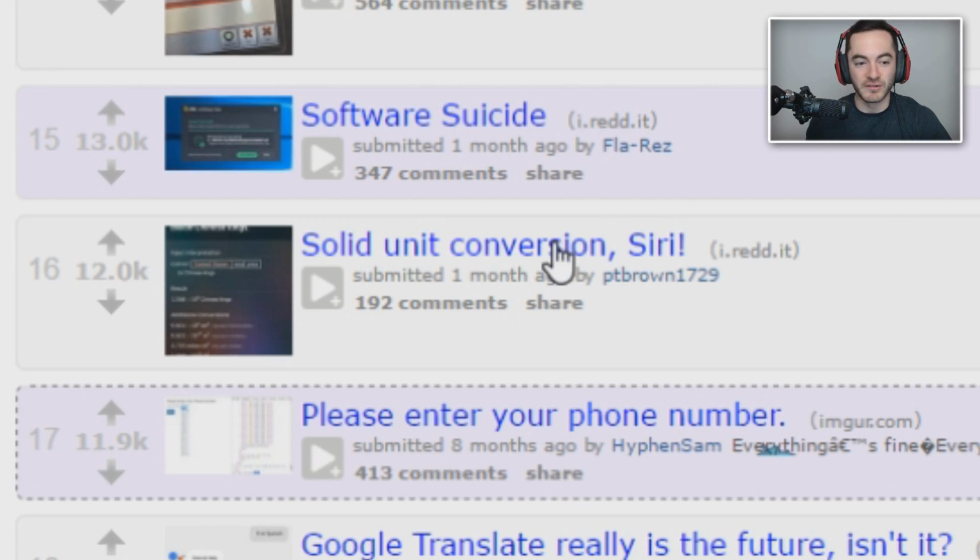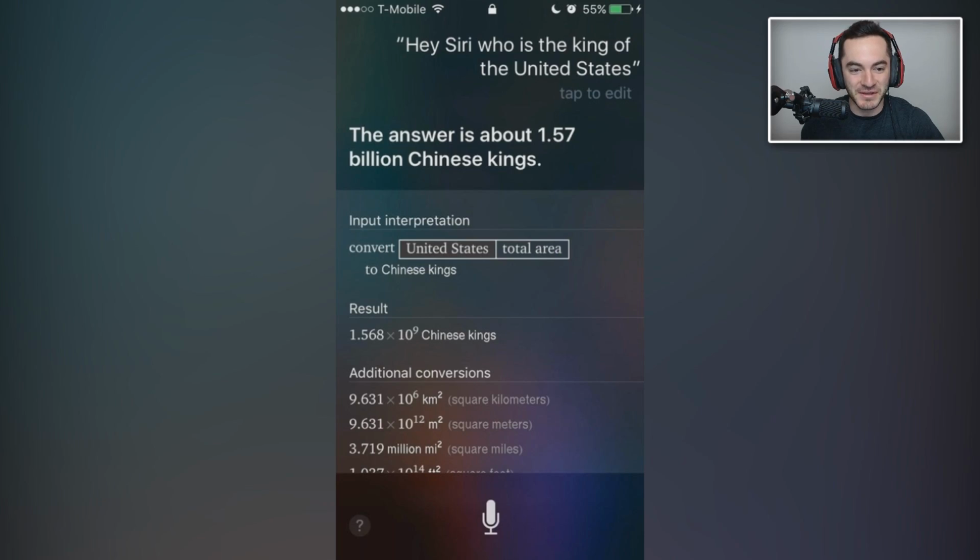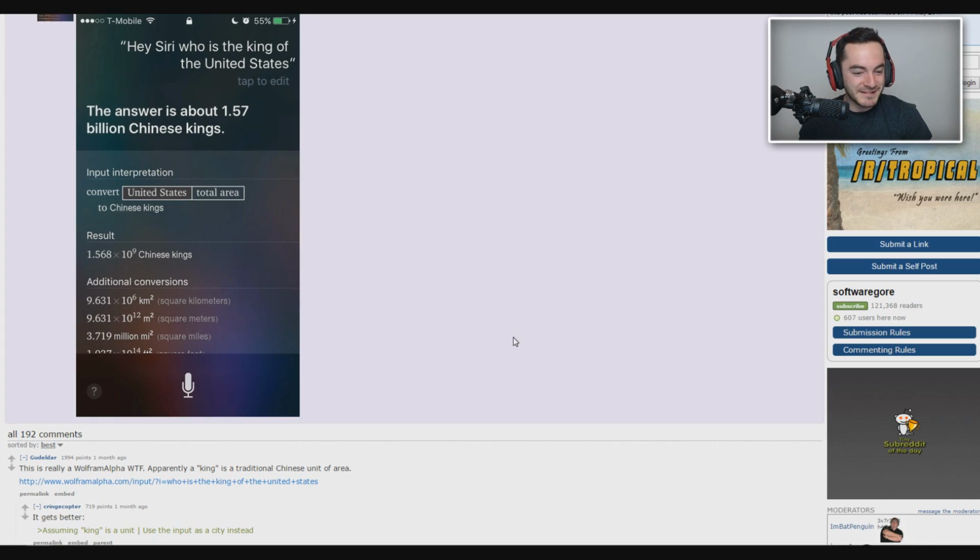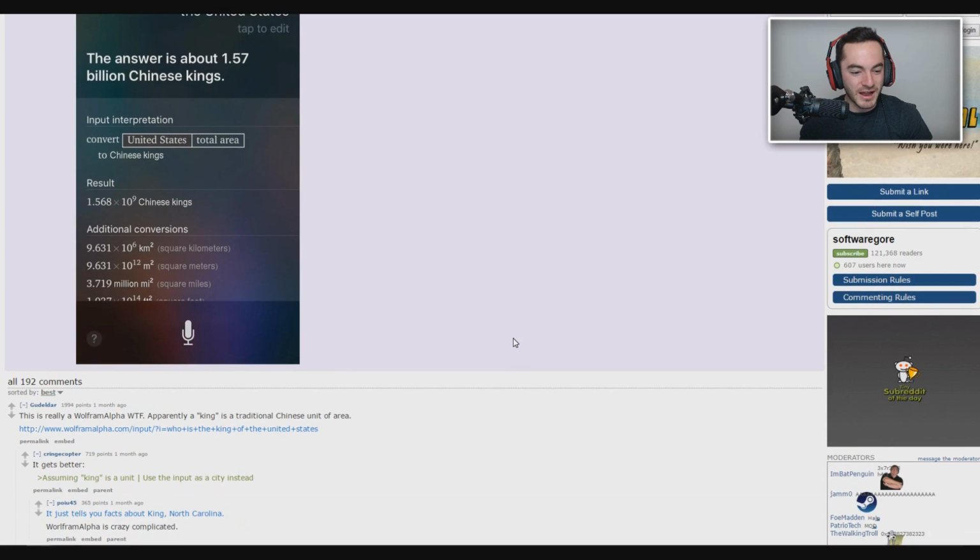Solid unit conversion, Siri. Hey Siri, who is the king of the United States? The answer is about 1.57 billion Chinese kings. Convert the total area of the United States to Chinese kings. What does that mean? Is that actually taking, like, hold on, a king is a traditional Chinese unit